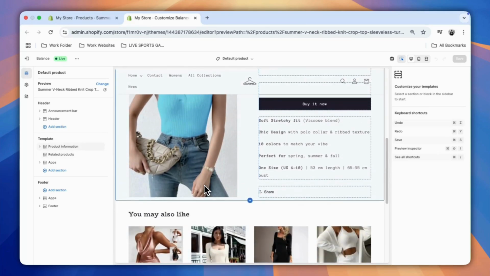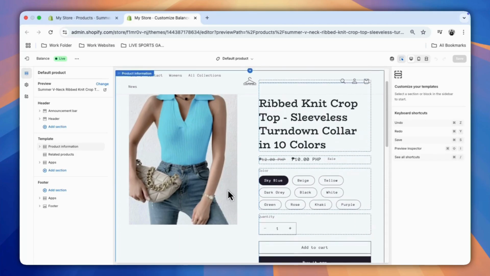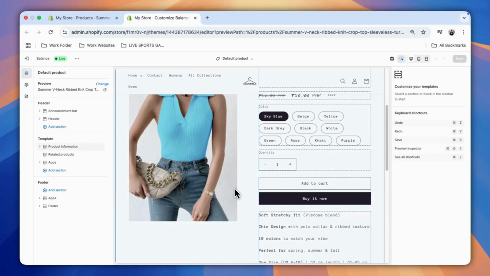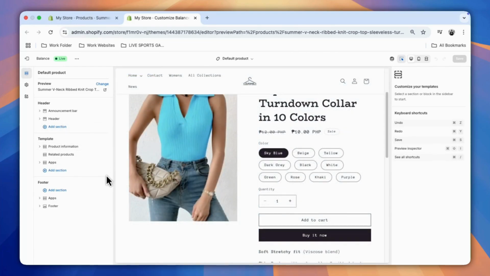So right now your product page might look a bit empty, just a title, description, and images. There's no guarantee messages, no offers, no extra details. So now let's make it more compelling and polished. To customize the look and feel of your product page, click on the left panel,